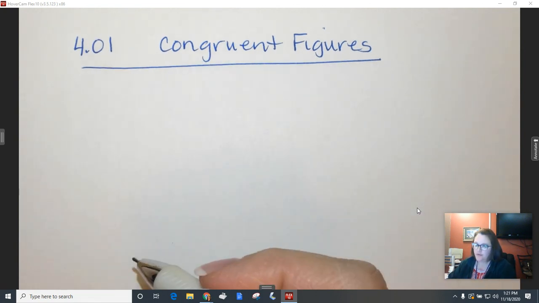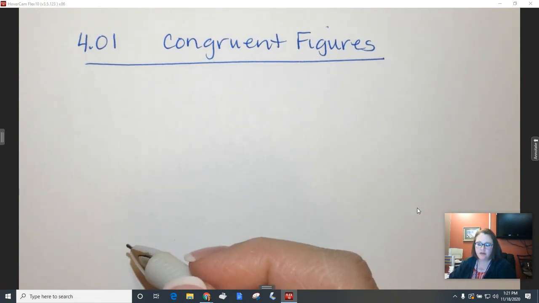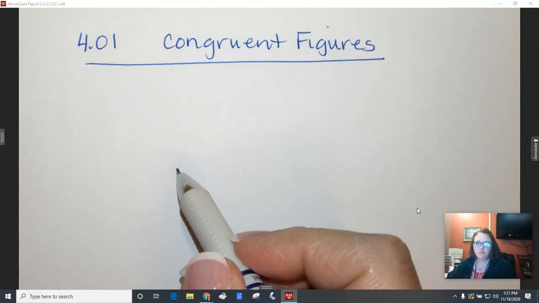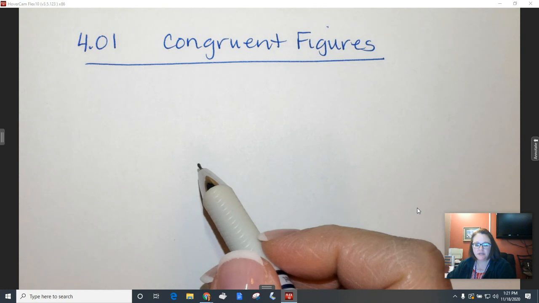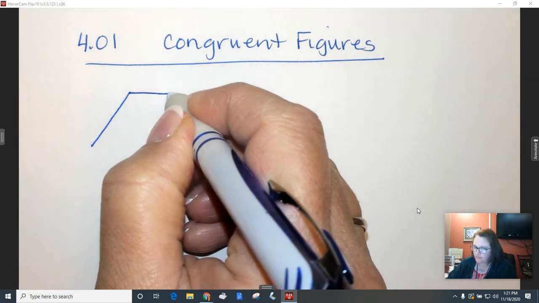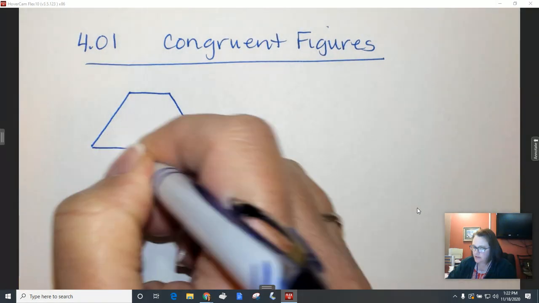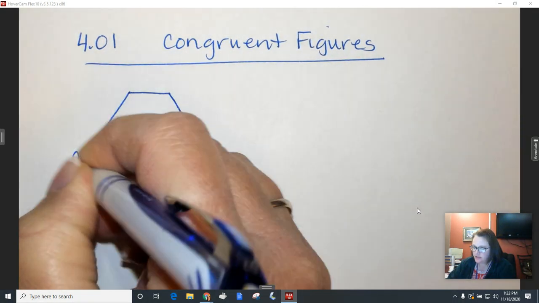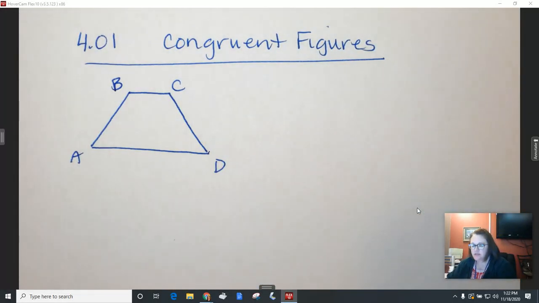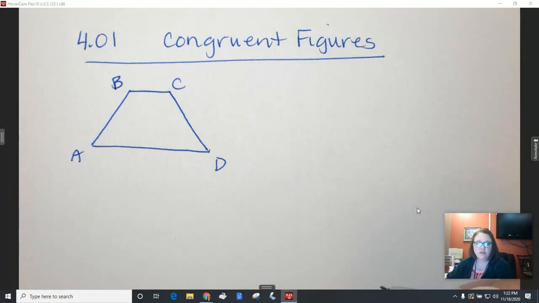So when we have congruent figures, if they are moved or rotated or flipped, they stay congruent. Moving a shape doesn't change its shape, it just changes its position. So let's suppose we have this quadrilateral ABCD